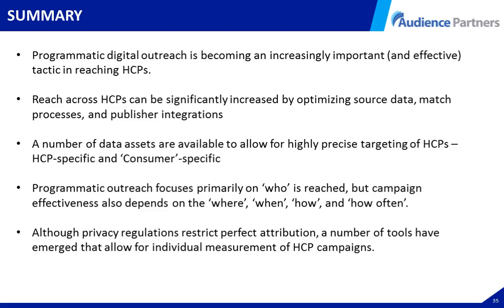So if you optimize your data, you optimize your match processes, you optimize your publisher integrations, you will get significantly better reach. There are a number of data assets available to allow for highly precise targeting. Again, a custom list is going to have this inherent on the HCP side, but there are consumer attributes which we've seen which can very much inform subsegments of the audience, site context placement, day part, media channel preference, all of these things. Programmatic primarily focuses on who, but we can look at performance data and use it to inform,